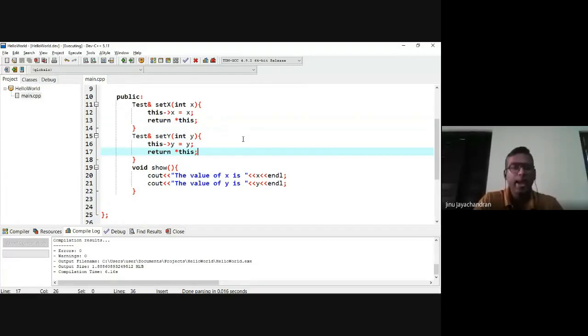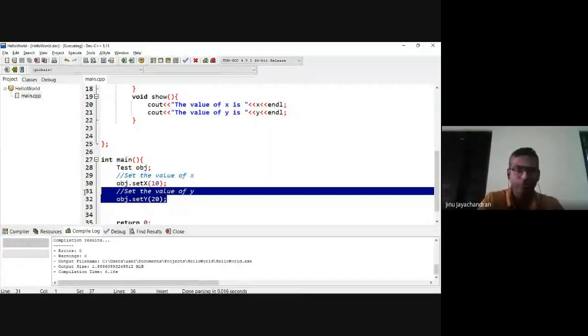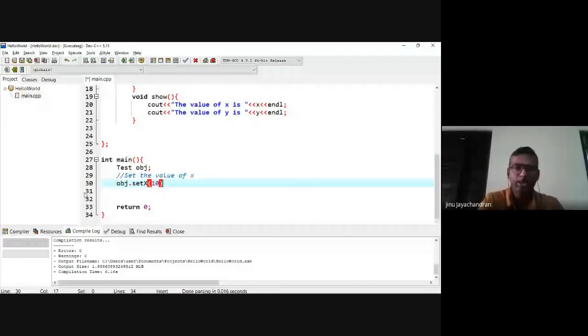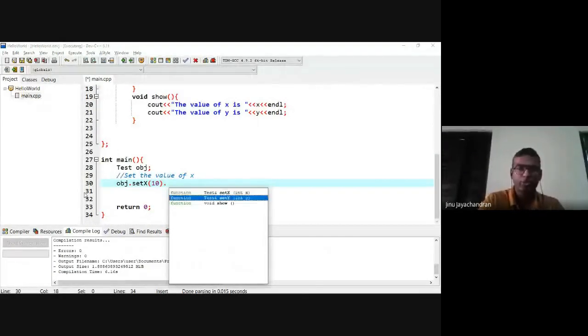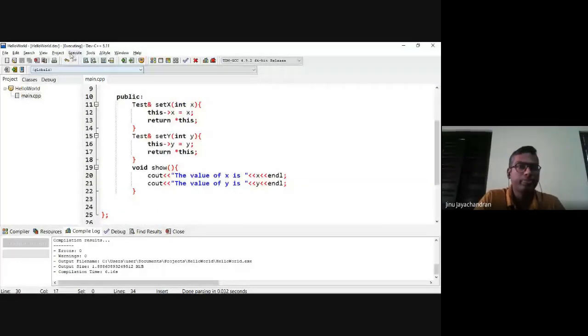Okay. And inside this, what I will do is I will chain them. I'll put a dot again. Then I say setY of 20. This is called chaining of functions. So how it works is that, let's run and see.